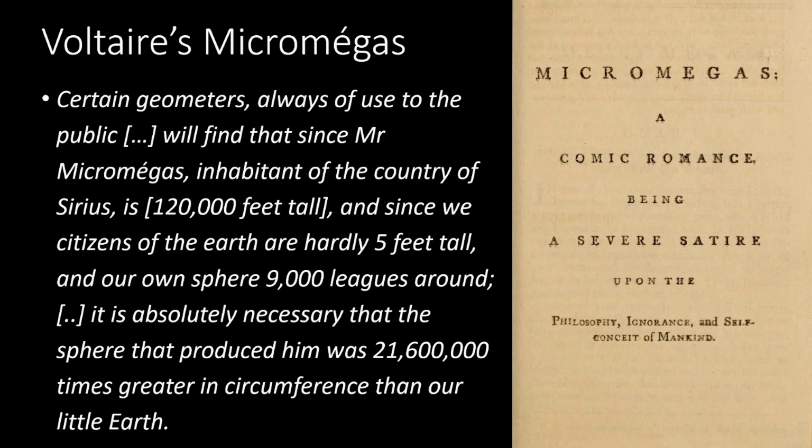So if they've just multiplied 9,000 by 24,000, actually that's the wrong answer, because that would be 216 million. So these geometers are clearly one of the more ignorant geometers of the world that are being satirized in this book, or maybe Voltaire couldn't do his multiplication correctly. We'll never know. But this doesn't really work in terms of being bigger, because let's think what happens to gravity